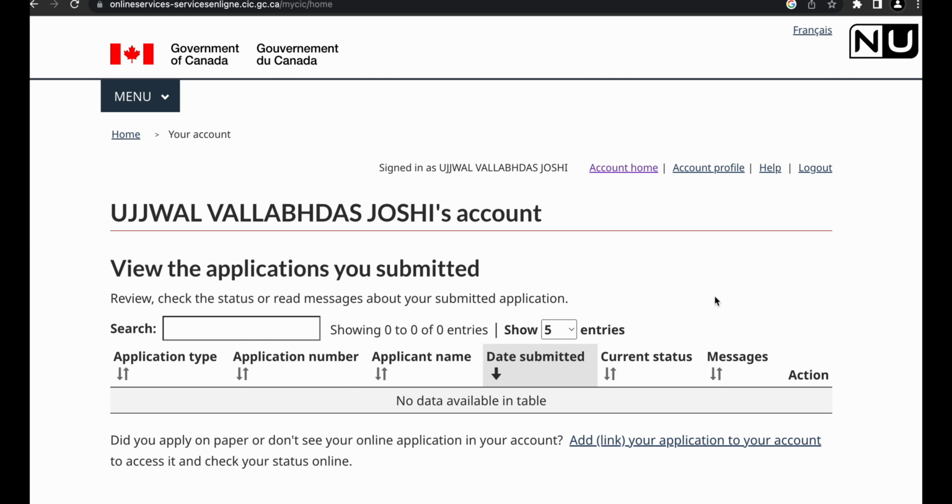And if the answer is wrong multiple times, then your GCKey account will be locked and you won't be able to retrieve this account. Then there are certain processes where you have to call IRCC, but I will suggest to just save all the questions and answers, because this is something you have to remember, and you have to fill it in properly and correctly.